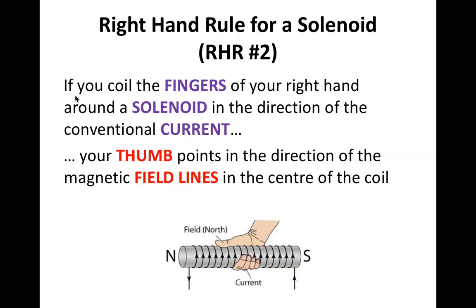So firmly, coil the fingers of your right hand around the solenoid, the current carrying coil, the current carrying wire that's in the shape of a coil. And then in the direction of conventional current, because you might say I could wrap it around this way or the other way. But you have to look at where is the battery. Conventional current is positive to negative. So this is the positive terminal of the battery. And you have to use